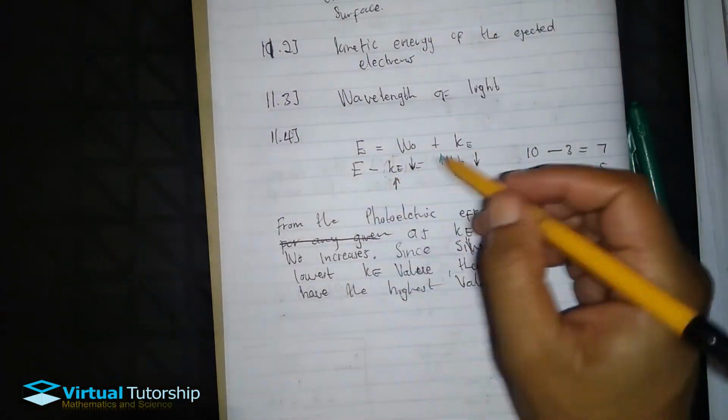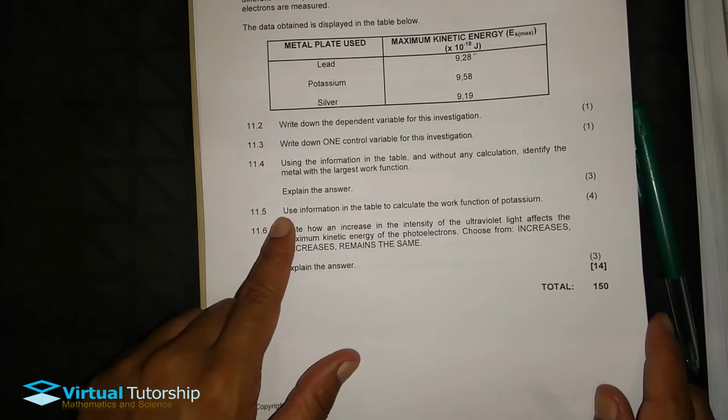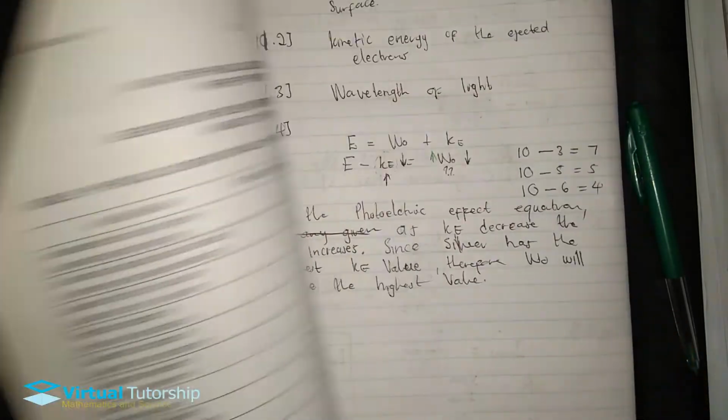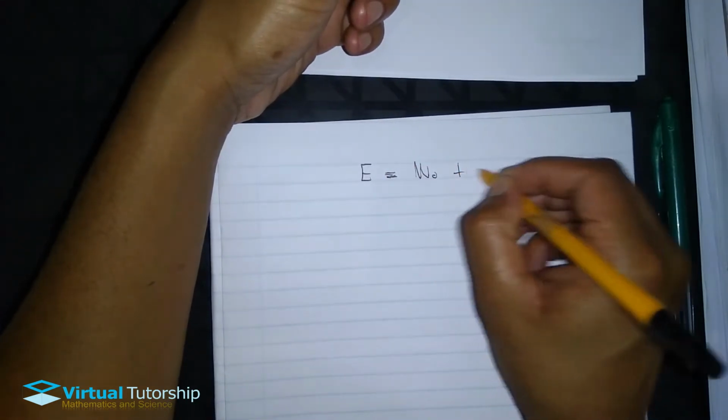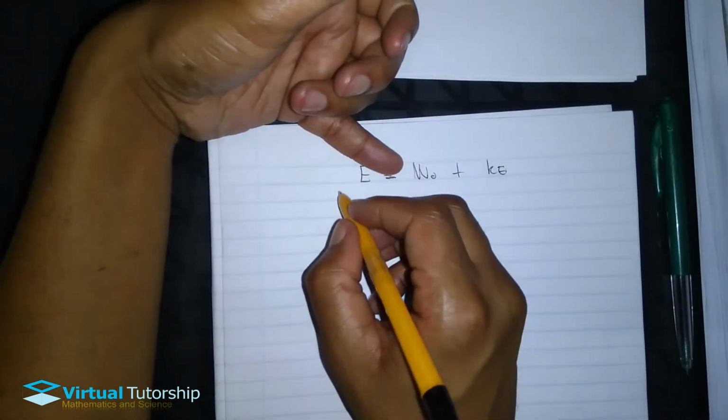We're just going to use this equation to formulate the argument here. Now, use the information in the table to calculate the work function of potassium. So calculate your work function of potassium. Photoelectric effect: the energy is equal to work function plus kinetic energy. So energy is calculated as